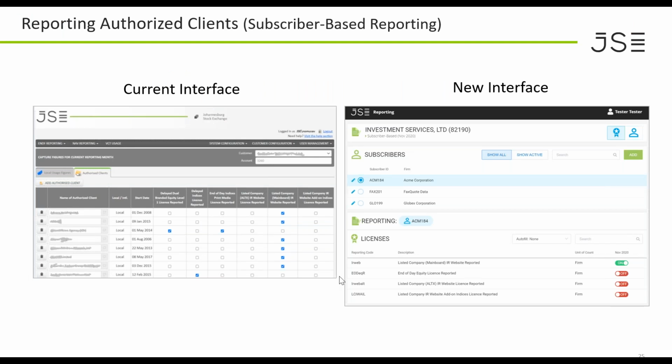Let's take a look at the second, slightly more interesting reporting obligation. JSC calls it authorized client reporting, and we call it subscriber-based reporting, but it's really the same thing. What you're reporting in this context is not just a raw number per product, but you're actually listing out the companies that have access to that product, your customers that have access to that product. And so in the interface today, it's presented this way with checkboxes where the authorized clients are listed